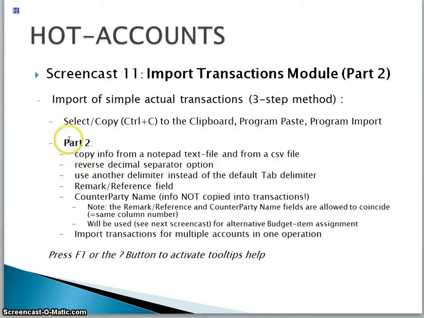Now in part 2 we will copy information in a notepad text file and also from a CSV file. We will use the reverse decimal separator option. Also we will use another delimiter instead of the default one. We will use the remark reference field, also the counterparty name field, and finally we will import transactions for multiple